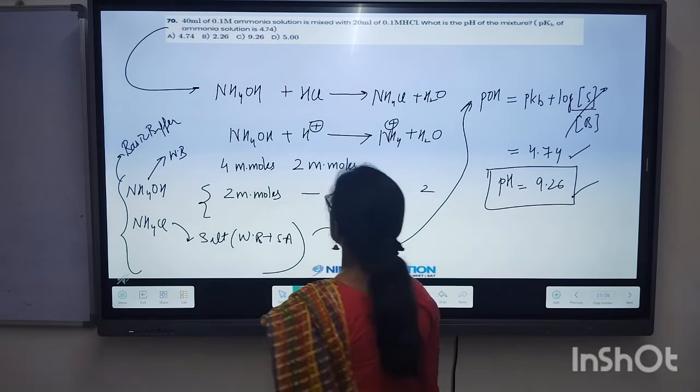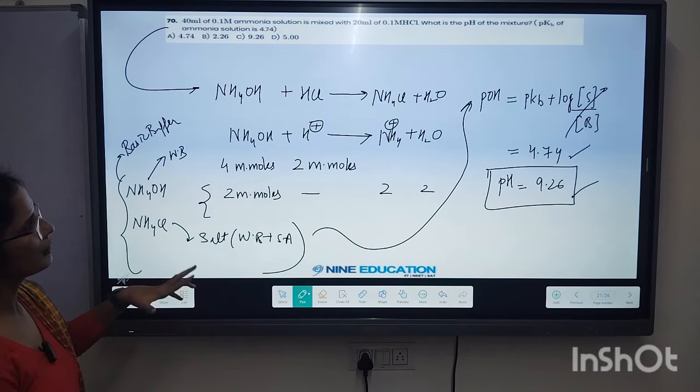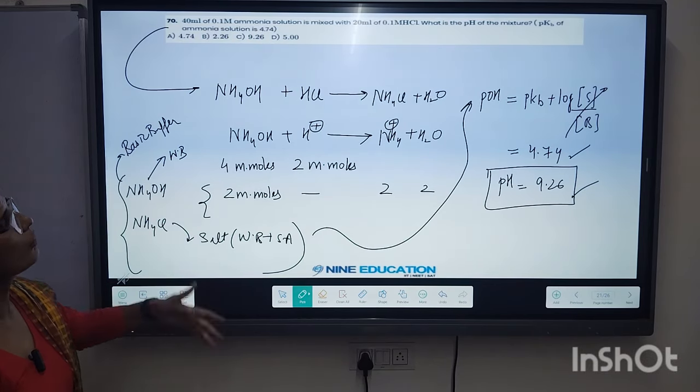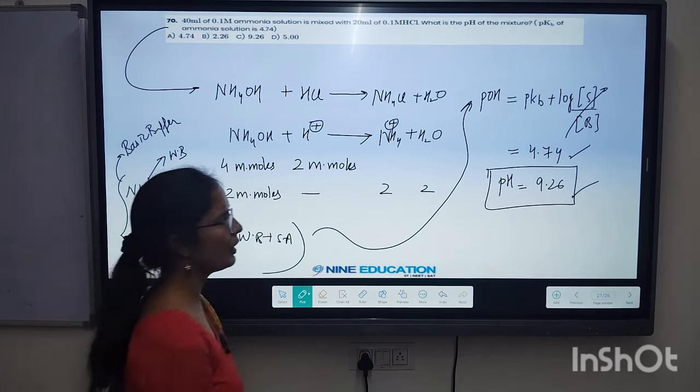So in this also the same 2 solutions are there. Try to understand the final nature of the mixture by applying the formula. We have already done this question earlier, just with different values, and we are getting the answer.